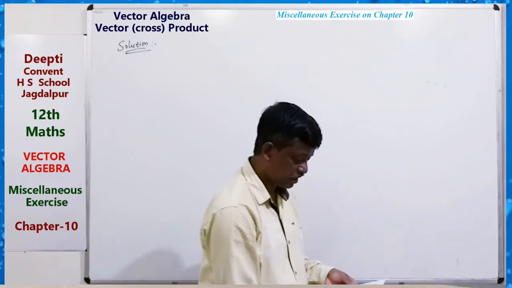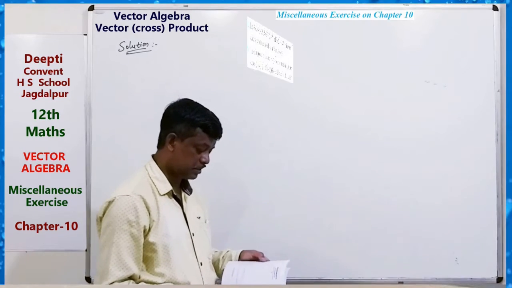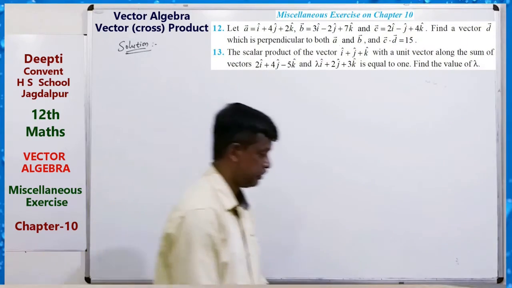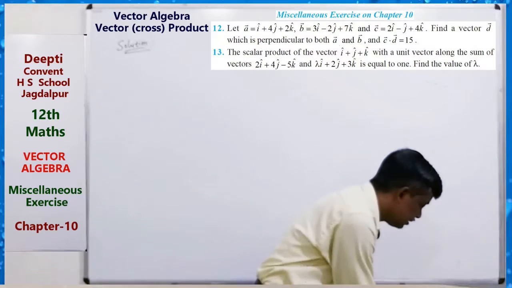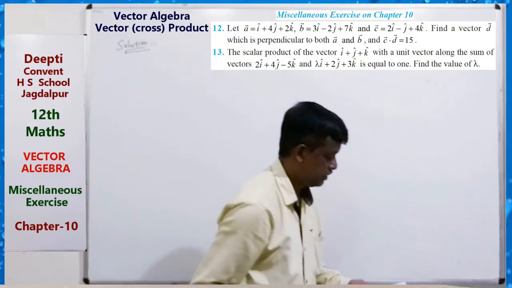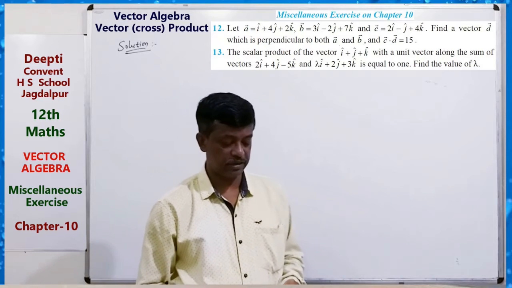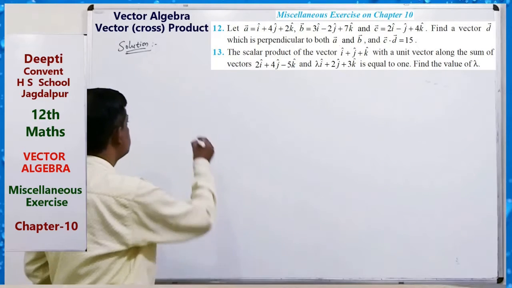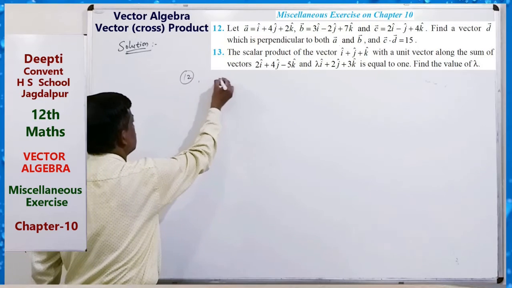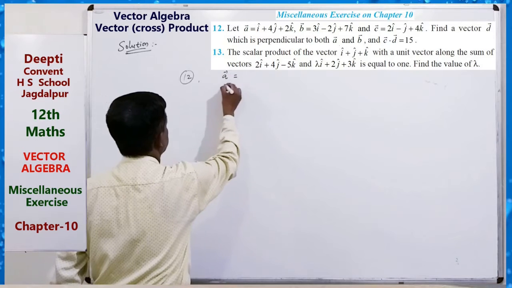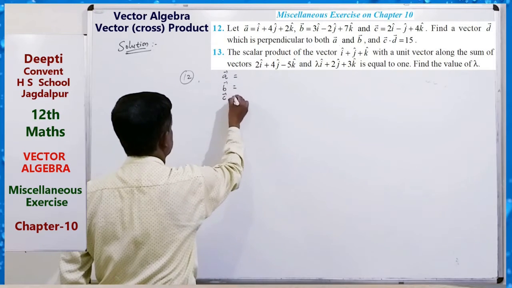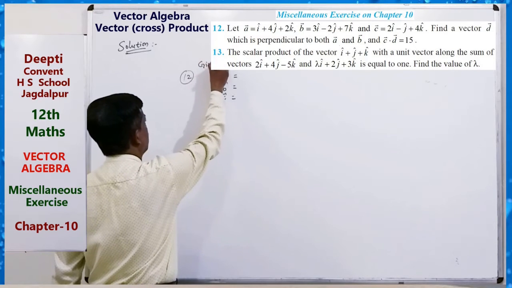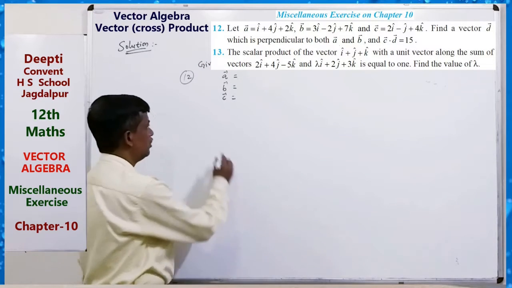Okay, there are 3 vectors given, and we have to find the vector D which is perpendicular to A and B. So here A is given, B is given, C is given. All are given. Okay? We have to find